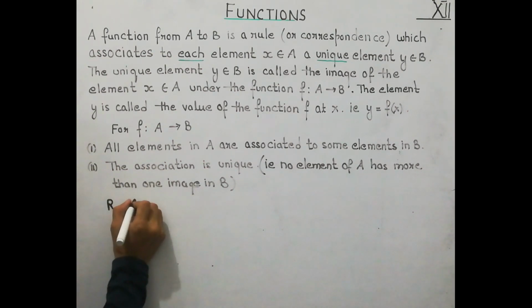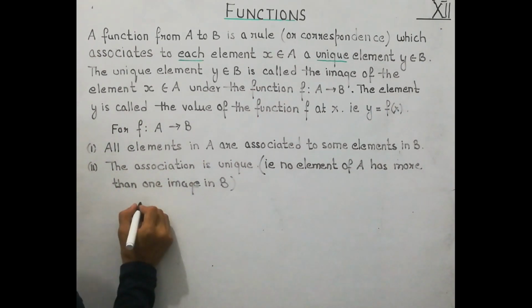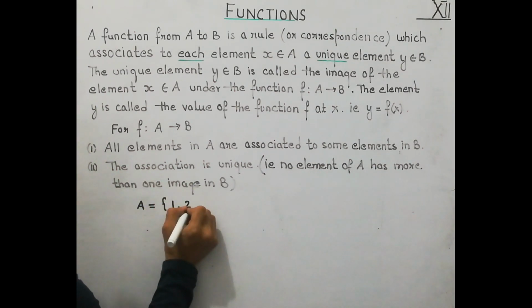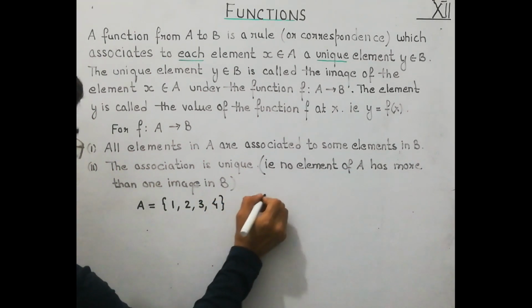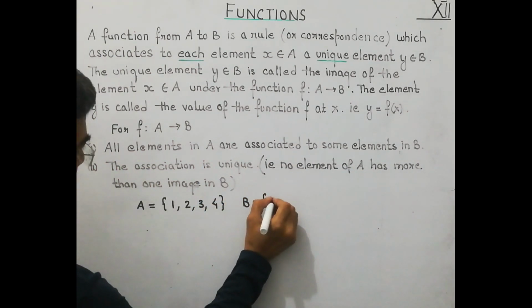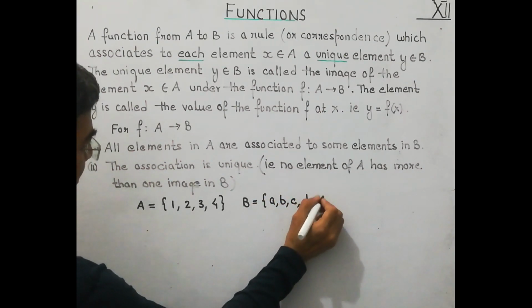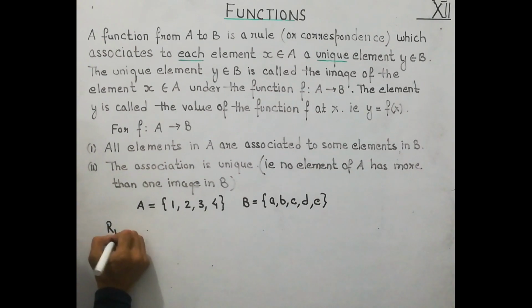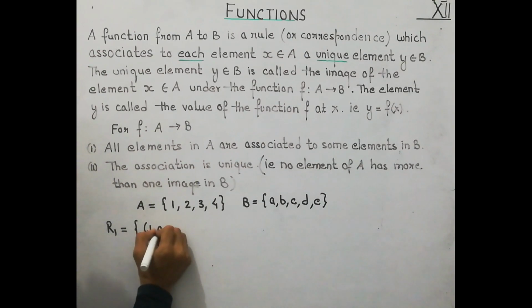The first relation I am writing in terms of ordered pairs. A has the elements 1, 2, 3, 4, and B has the elements A, B, C, D and E. Here a relation is given from A to B, R1. R1 is given as 1, A,